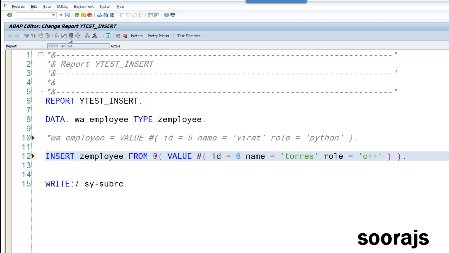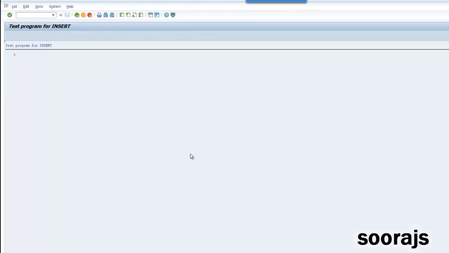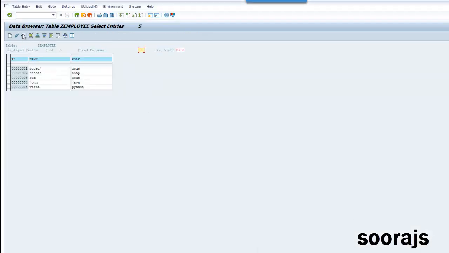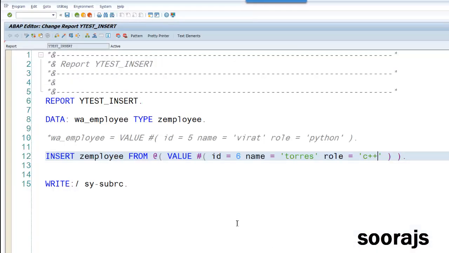Activate, execute. sy-subrc is 0, because that entry is new. Check. You will find Taurus as C++ in the 6. So these are the ways in which you can insert a record to a database table using a work area.